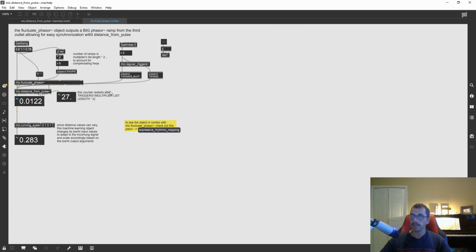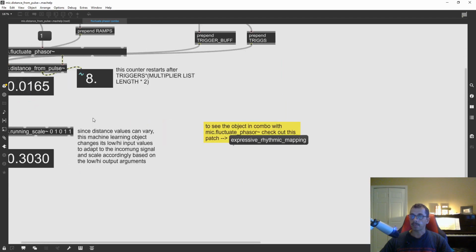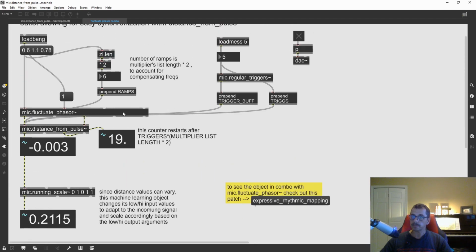But if I bring it to my fluctuate phaser, which is its natural companion for the distance from pulse, then I can see how each of these distances will vary according to how far the trigger is from its regular peer, and I could use this as